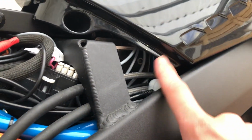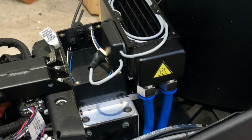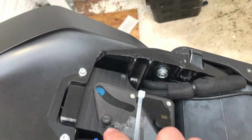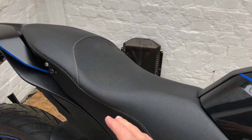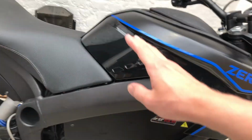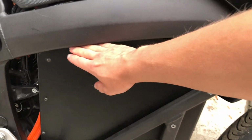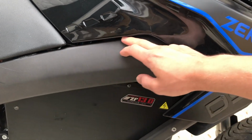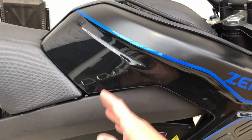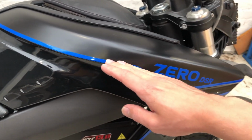And below here we have the radiator with the two fans, and they will chill it, and it will come back to the reservoir and go up in here. So we already talked about the cooling loop and the radiator, and we also have two fans that will pull cold air from this area here, so above our battery and the seat area and the tank area, and they will force it through the radiator and expel it to the top of the tank and push it out to